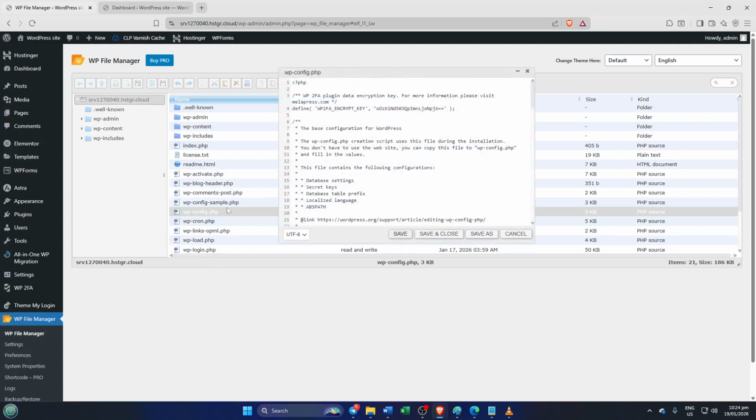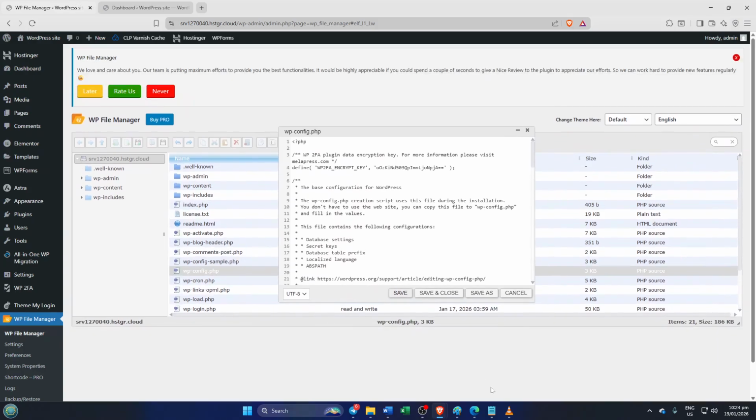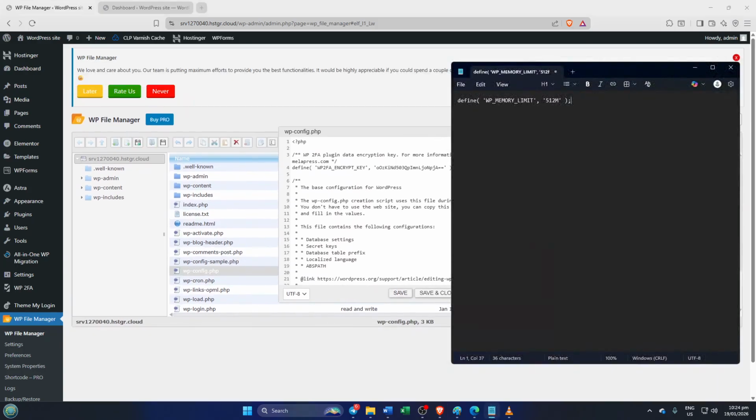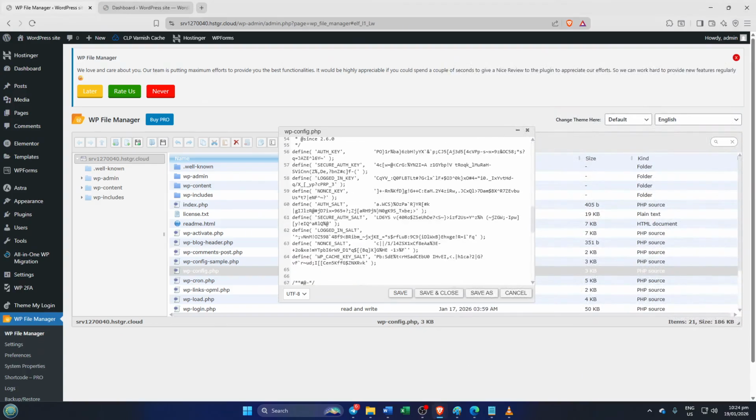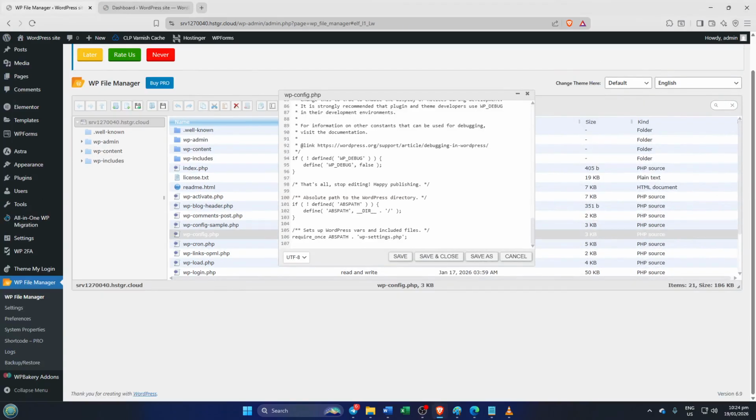This file controls a lot of WordPress's behind-the-scenes settings, so be careful not to delete anything. Open up wp-config.php and scroll down just before the line that says "That's all, stop editing. Happy publishing." You'll want to paste this code right above that line: define('WP_MEMORY_LIMIT', '512M');